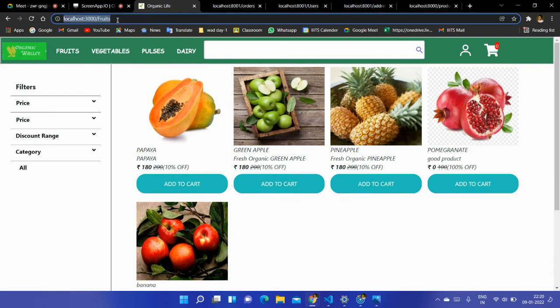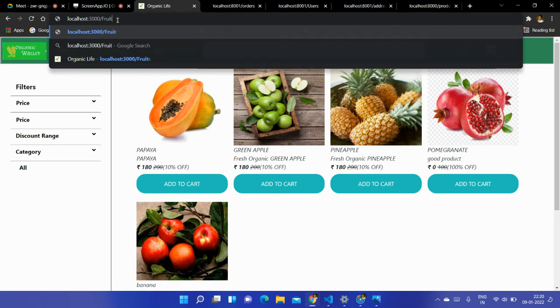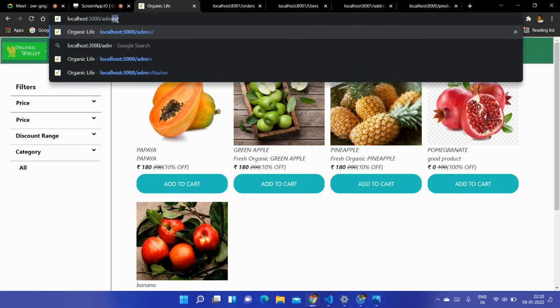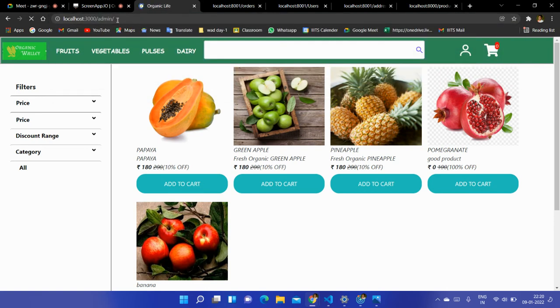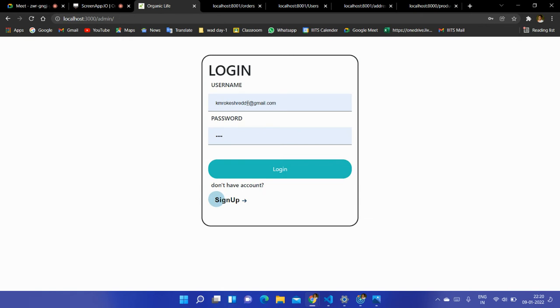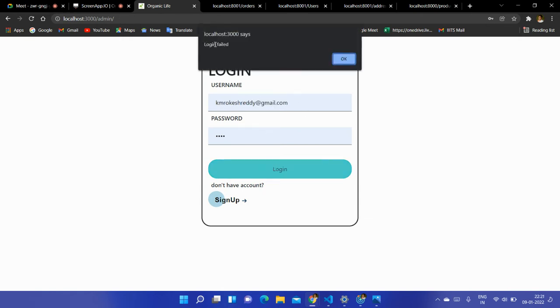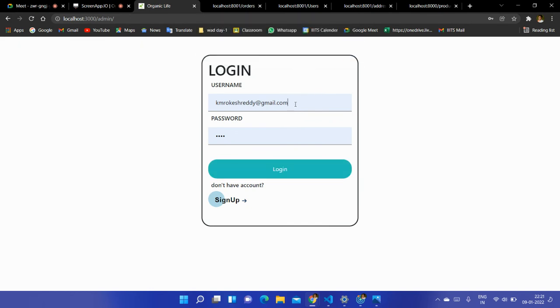And coming to the admin page of our website, the admin interface, I have given login to the admin. If admin details are not correct, it will show login failed. We have given a default admin username and password.